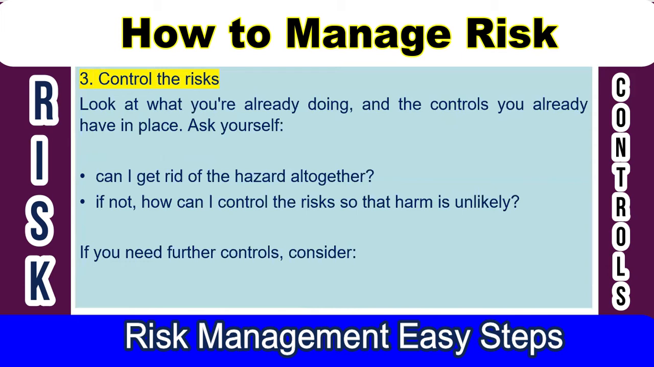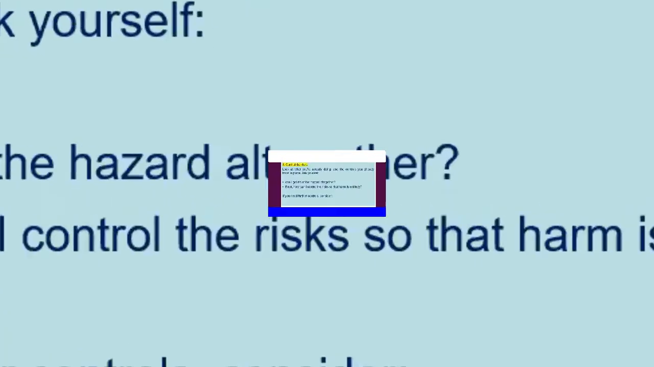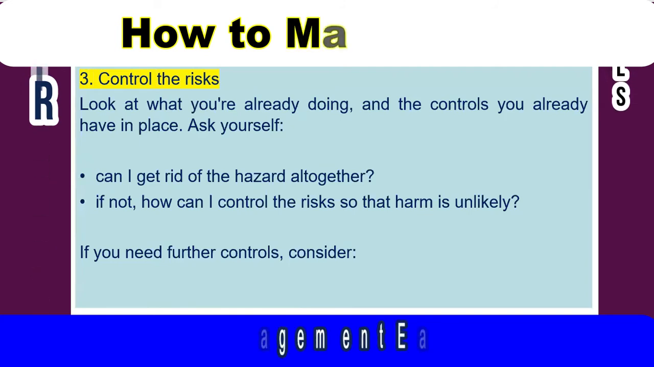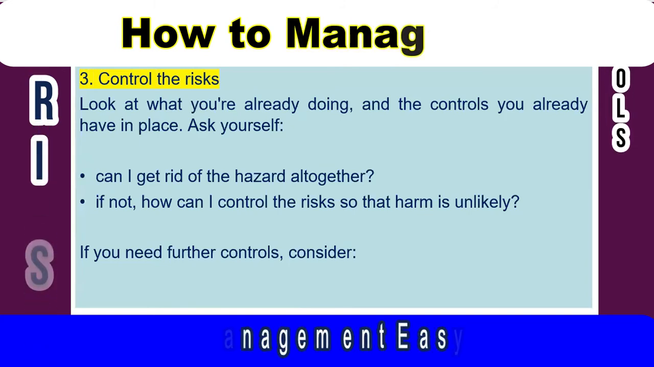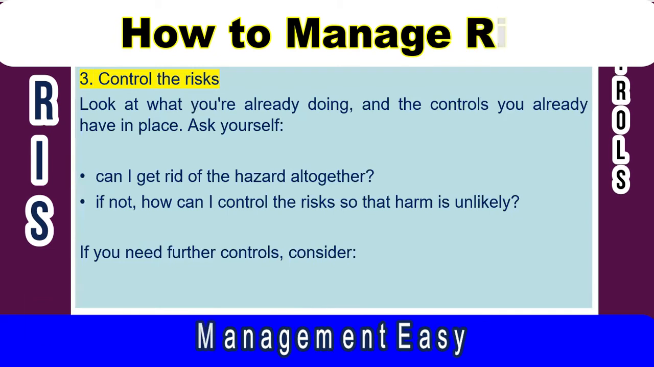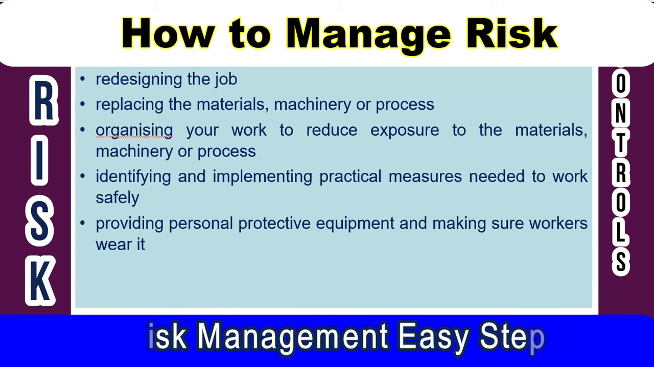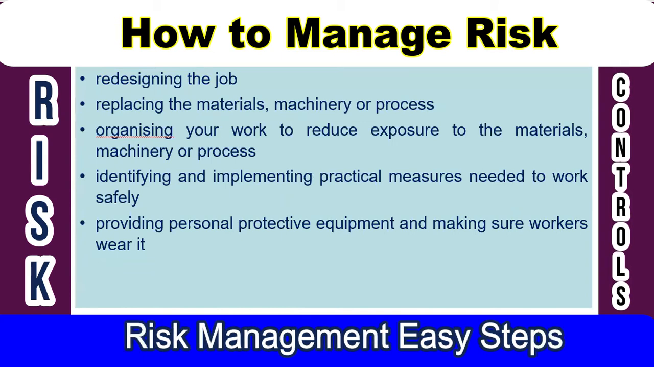Look at what you are already doing and the controls you already have in place. Ask yourself, can I get rid of hazards altogether? If not, how can I control the risks so that harm is unlikely? If you need further controls, then you have to consider redesigning the job, replacing the materials, machinery, or process, organizing